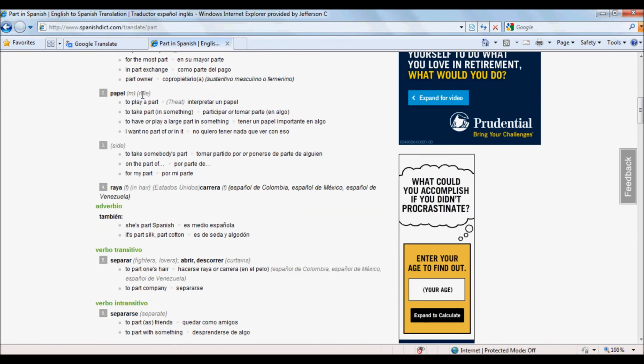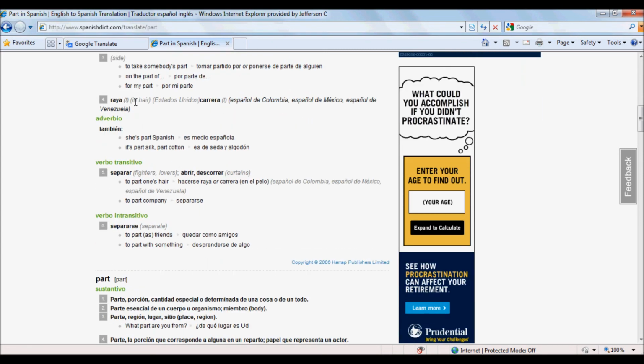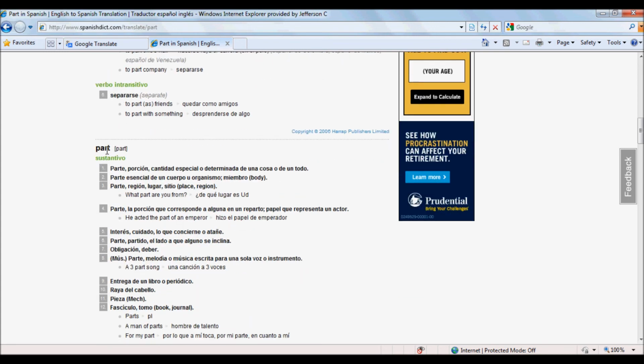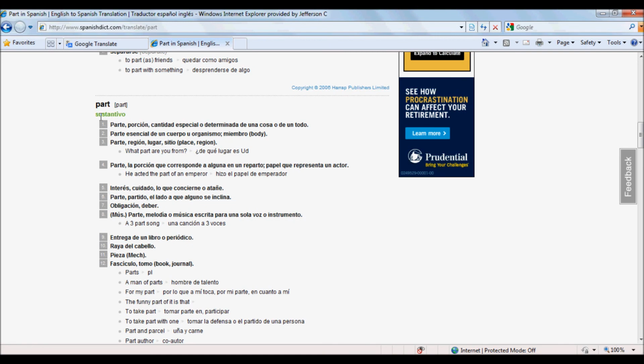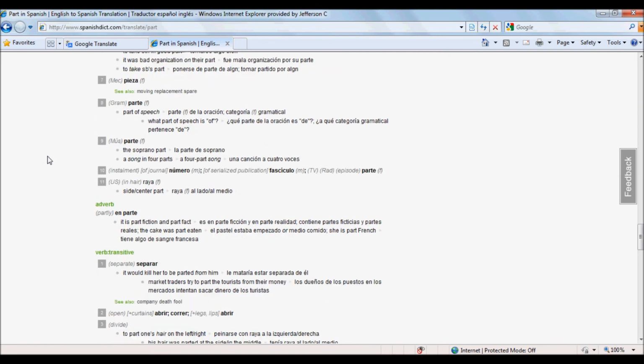That would be papel, like a role. Maybe it's the part in hair or something like that. Here we have the adverb, we have the transitive verb. So you can see all these different versions that we have. It's amazing how much information they give you here.